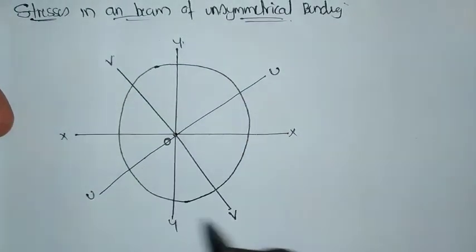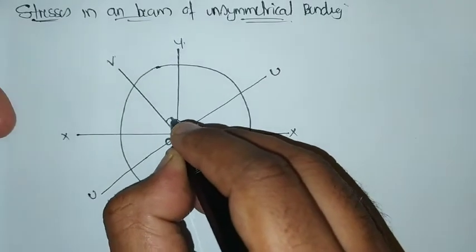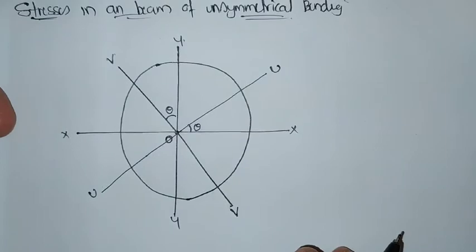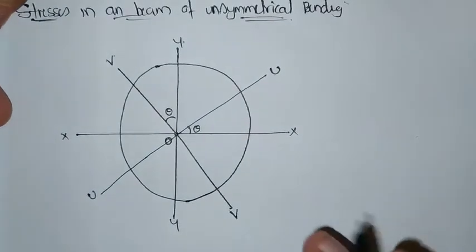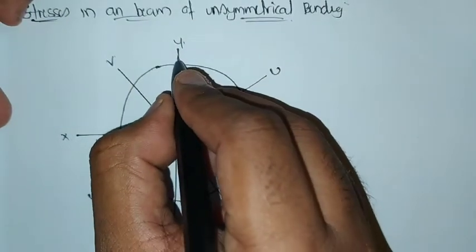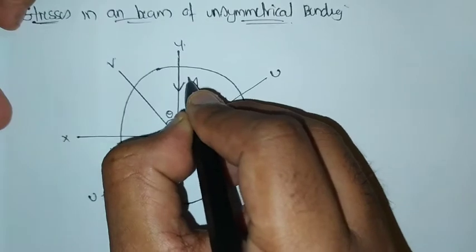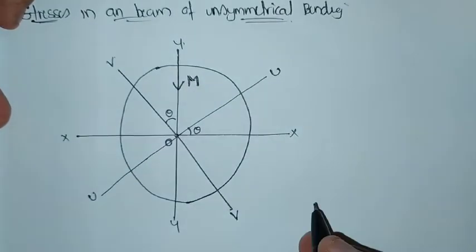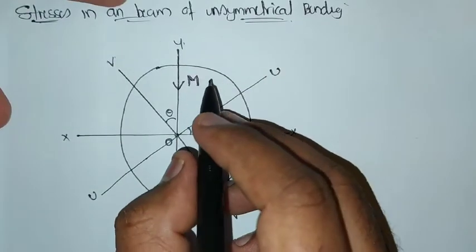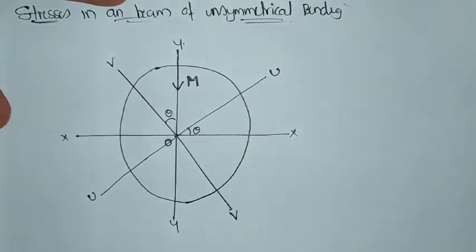With respect to this new axis, some theta is going to develop here and here also. Definitely when a load is acting on any section, some moment is going to develop. If we consider the load acting towards the y axis, there is some moment acting on this section. If the moment is acting, then we have to find out what moments are going to come up in U and V.